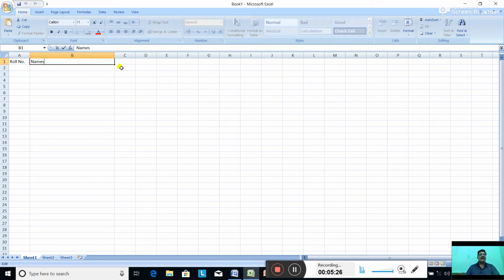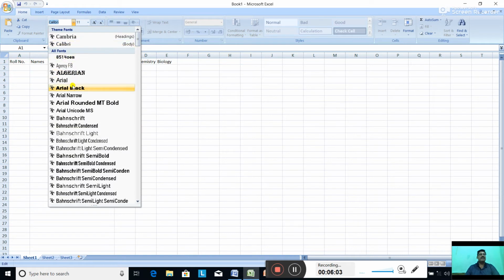Type here names. After that, in the C cell, type physics. Then in the D cell, chemistry. In the E cell, biology. So our heading is created. Okay. We can change the font from here.